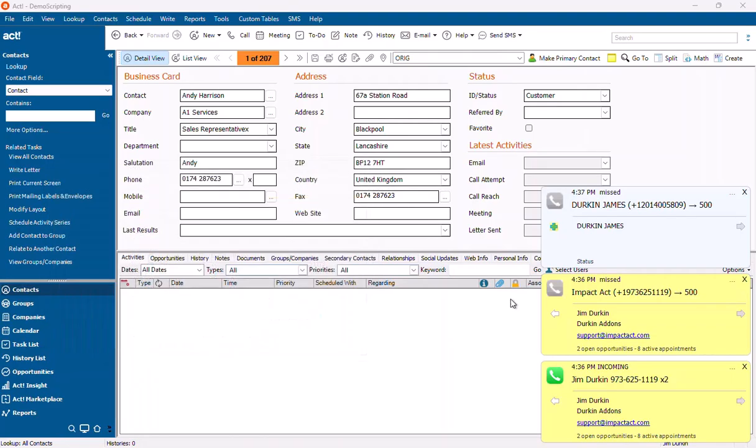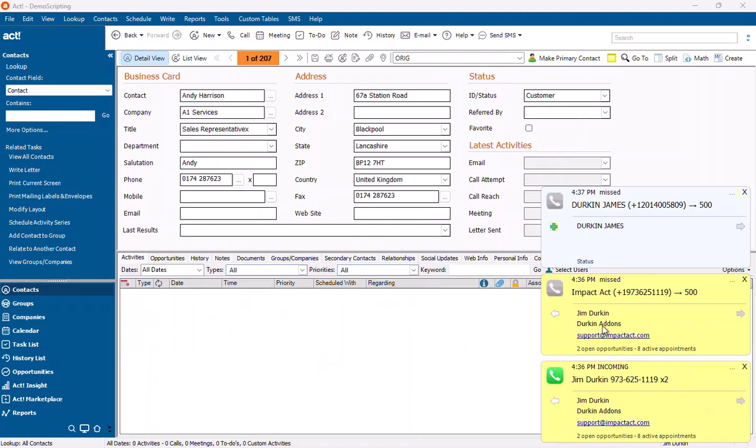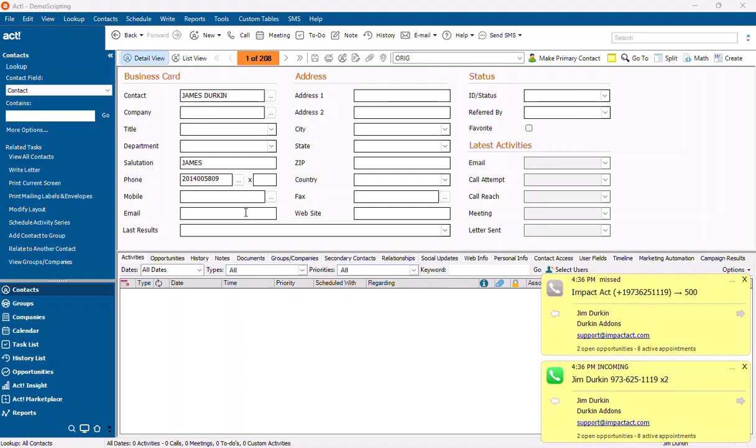So if we look at it, of course, we can go to this record, and we can navigate. So we can leave all these sitting here at any time. Coming back from lunch, I got to deal with these 4 phone calls. There's James Durkin here, and we have a plus sign. So we just click on Add, and it adds the record right to the database. So next time that James Durkin calls,